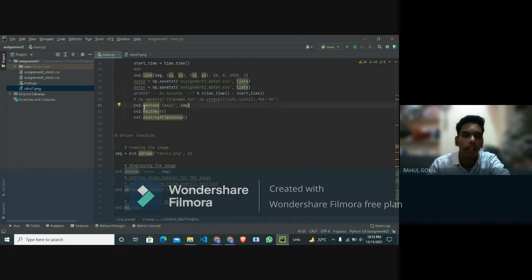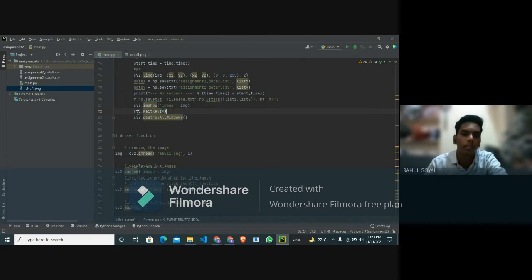Then again show the image, and then cv2.waitKey. If the waitKey function is not defined, then the window is displayed and takes a point, and again closes, so the next click is not taken by the window.